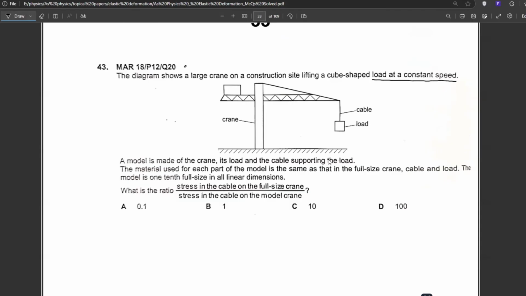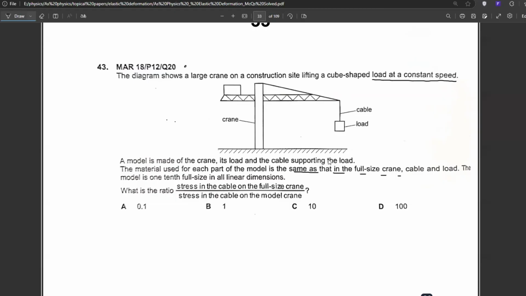Perfect. A model is made of the crane, its load, and the cable supporting the load. The material used for each part of the model is the same as that in the crane, cable and load. The model is 1/10 size in all linear dimensions. What is the ratio of stress in the cable on full size divided by the stress in the cable